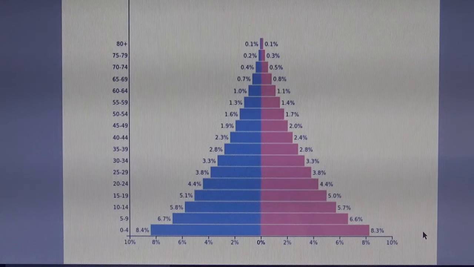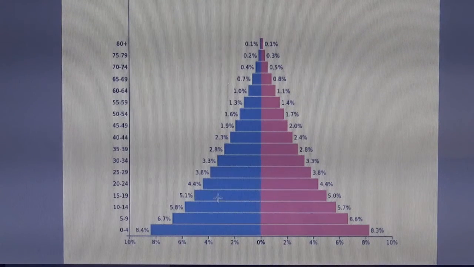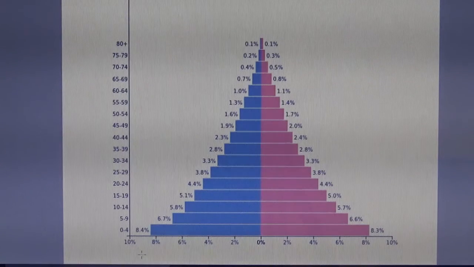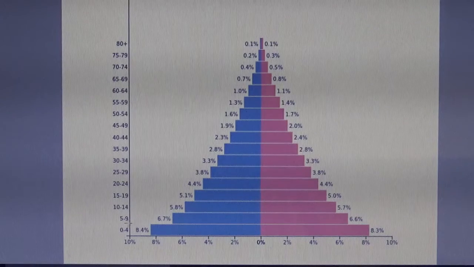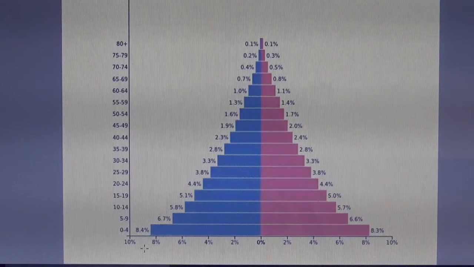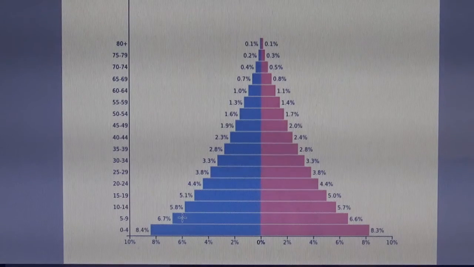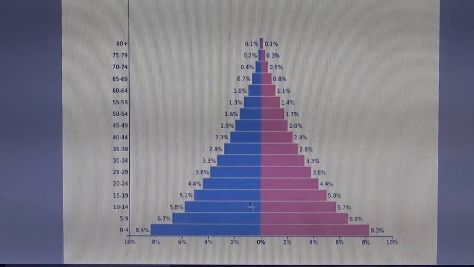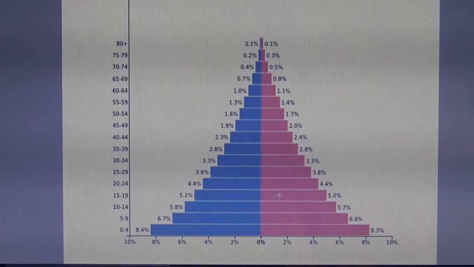Every age group is shown in stacked histogram bars. These are the bars representing the age groups. At the bottom of the pyramid, we have the youngest members of society. Children 0 to 4 years of age, as indicated here. Above that, we have children 5 to 9 years of age. Then children 10 to 14 years of age, 15 to 19 years of age, 20 to 24 years of age,